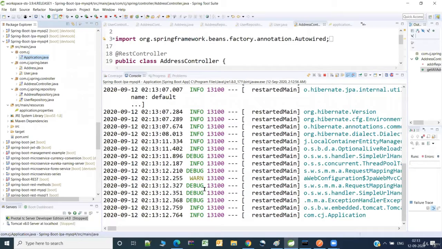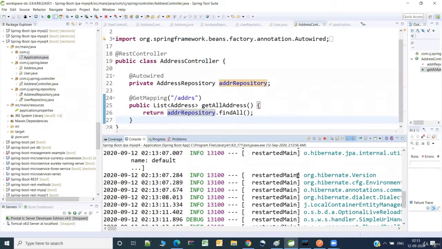Right, so it's already running. Let me go to the Postman tool, and let me try to hit addrs. To keep it simple, I provided only one REST endpoint, but you can provide multiple REST endpoints.